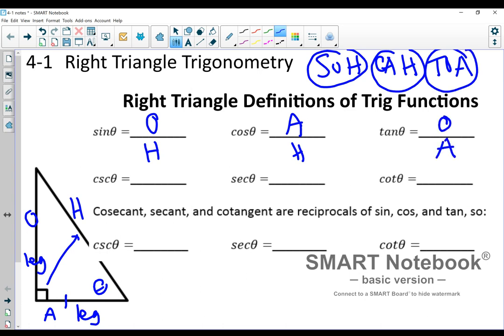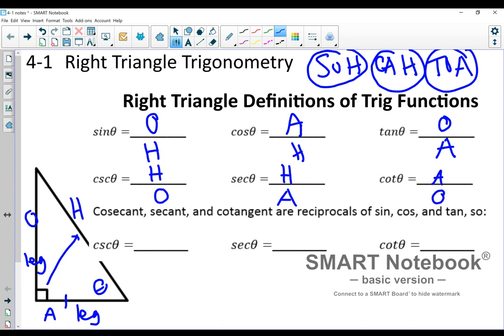So we're always doing these trig functions of an angle. I can't just write tan equals O over A. I have to say tangent of theta because it's the tangent of an angle. My cosecant is going to be the reciprocal of my sine. So this is H over O. Secant is the reciprocal of cosine, so H over A. I'm writing a little bit neater now. Cotangent is A over